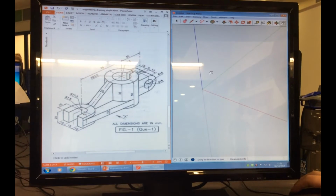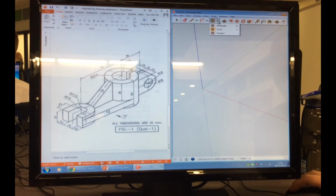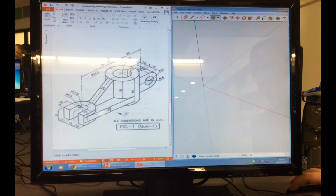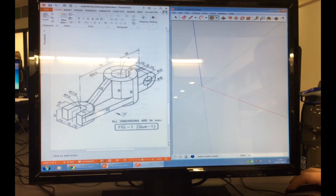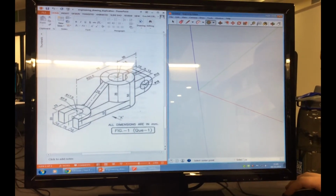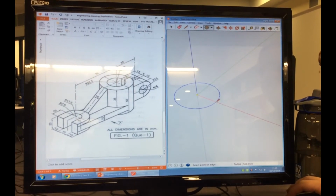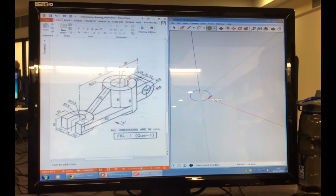drag it over, and I'm going to click on circle by clicking on the down arrow and then circle. And then if we look over at the drawing, I'm going to start off with this radius here, and I'm going to draw the radius around it, and then we'll do the little legs that come off, and then we'll close them and create a horseshoe. So start in the origin and we come out in either the red or the green direction. So we're going to choose the red,